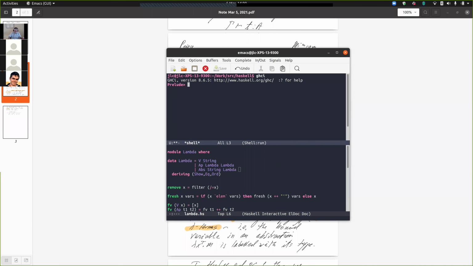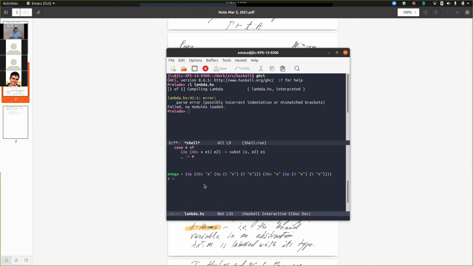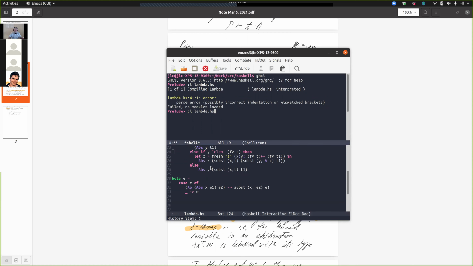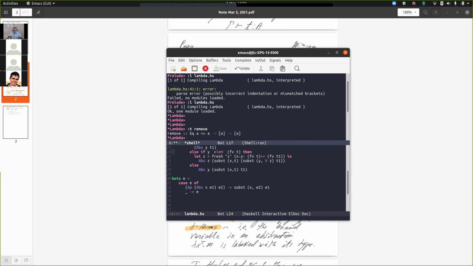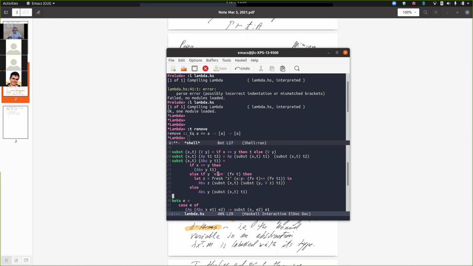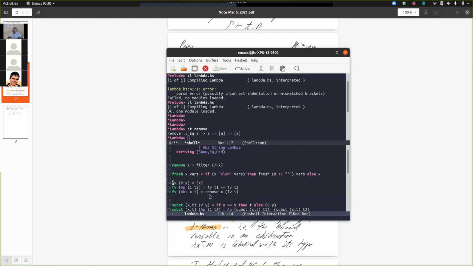Start the interpreter and I'll load lambda.hs. What? Line 41. Oh, maybe I was editing this. Okay, so what's the type of remove? Well, remove is extremely general. I'm thinking I'm going to use it down in my free variable thing here where X is a